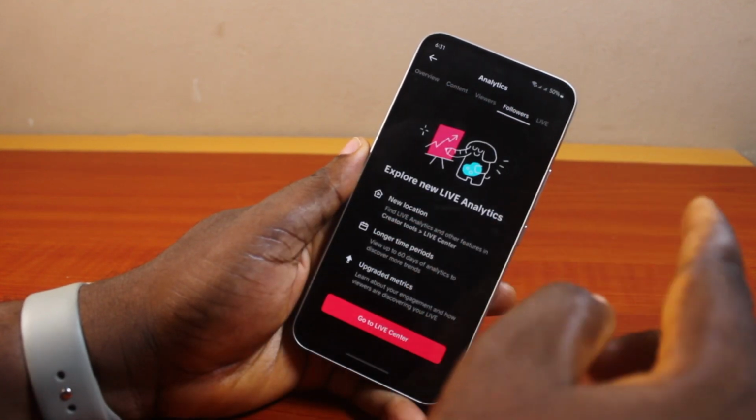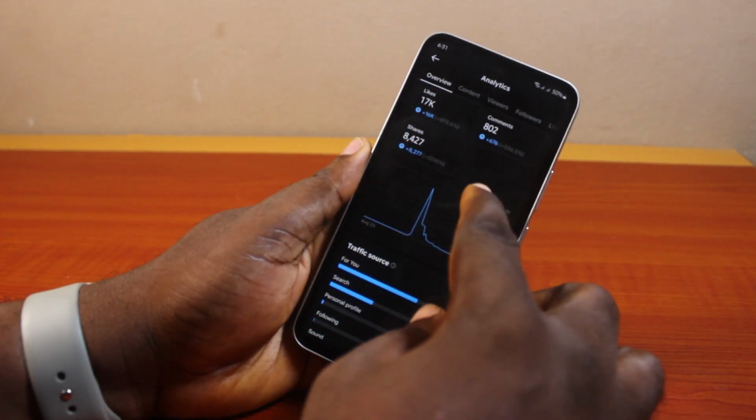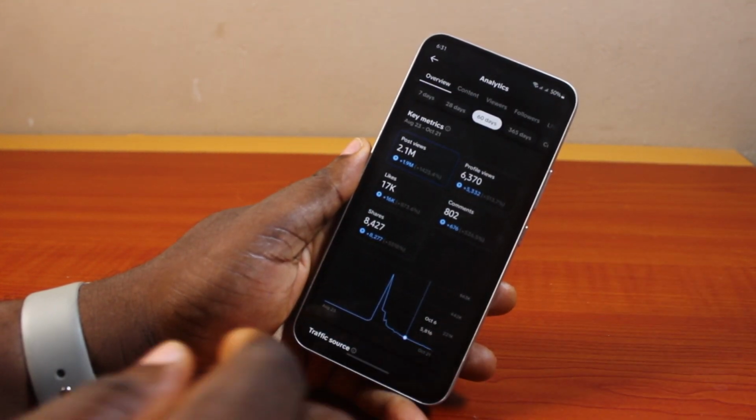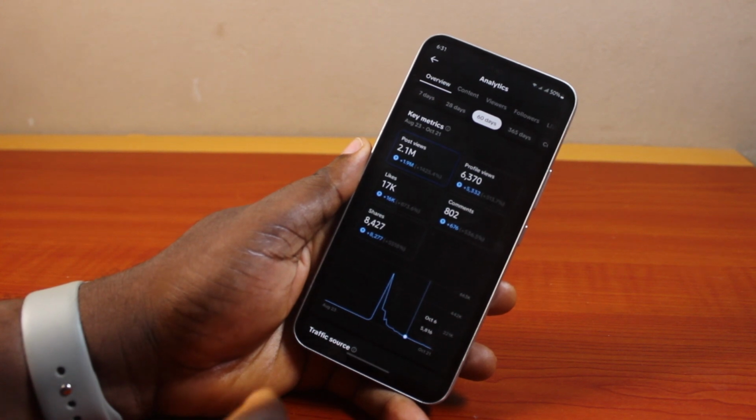Then if you do live, you can also come here and check your live analytics. And then for overview, just select overview to have access to your TikTok analytics overview. So that is basically how to check